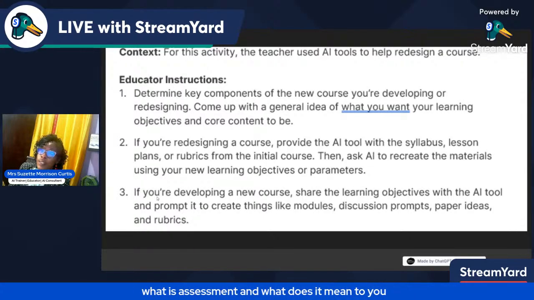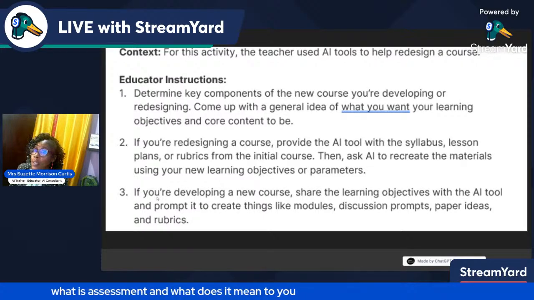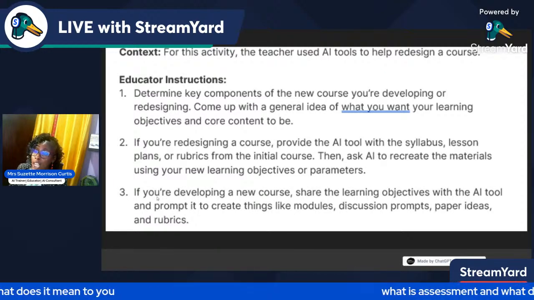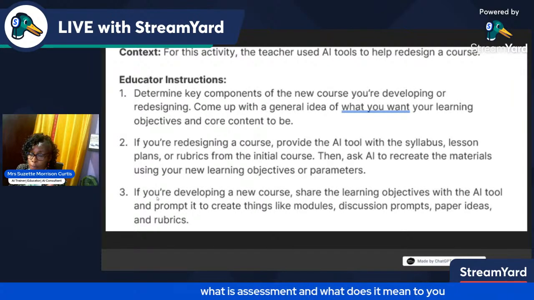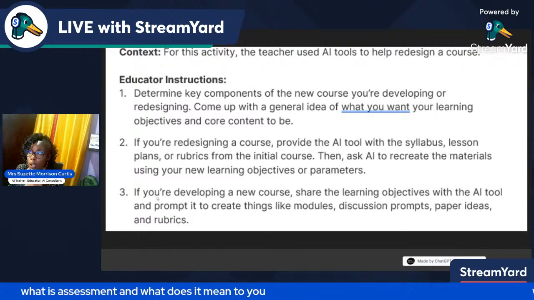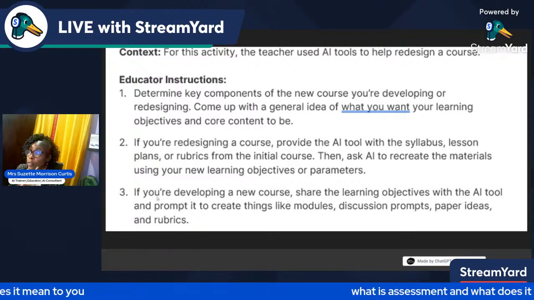So now, the context for this is that, for this activity, teachers use AI to help redesign a course. Now, the instruction is pretty simple. You determine the key components of the course you're developing, and come up with a general idea of what you want your learning objectives and core content to do.